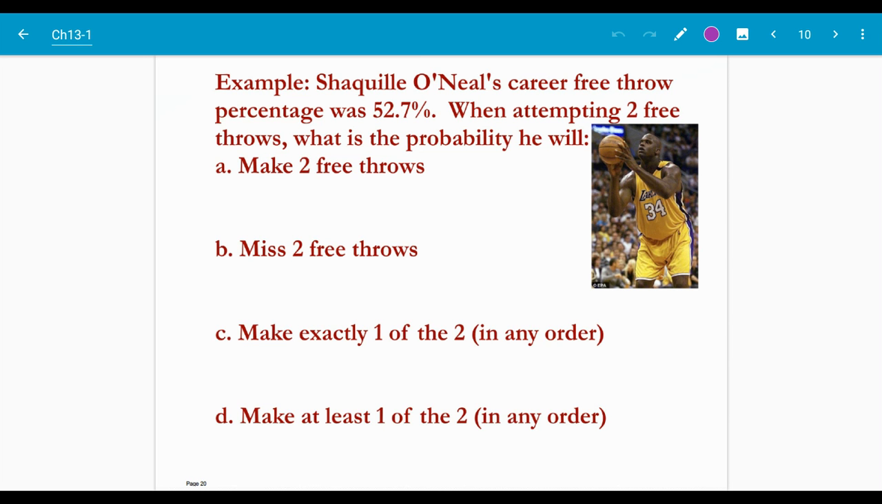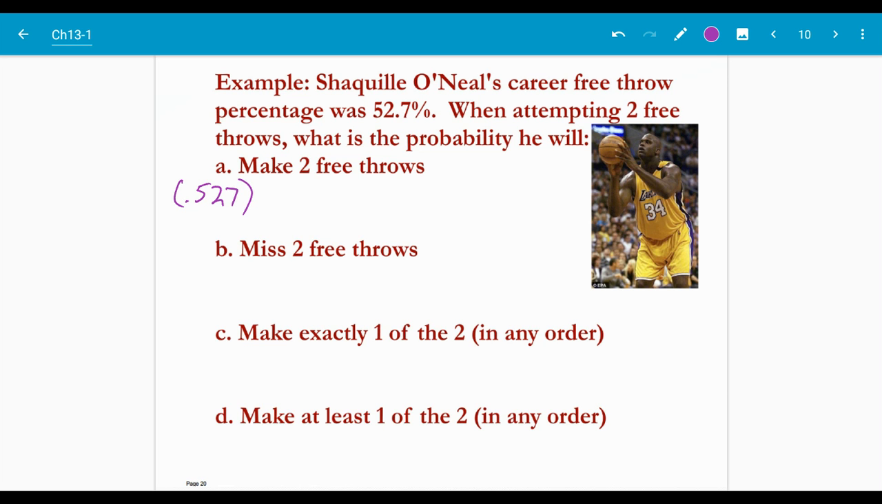So back in his playing days, let's say he was fouled and he goes to the line to shoot 2 free throws. We want to calculate the probability that he will, in part A, make both of these free throws. This is going off of the assumption that free throws are in fact independent of each other. So that 52.7%, we're going to treat this as a decimal, and the probability that we make that first free throw,